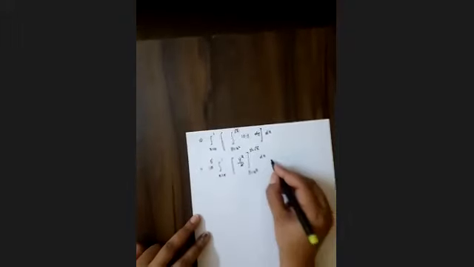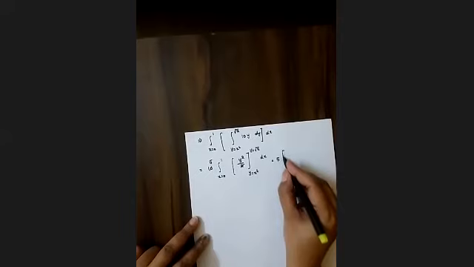Now these two and 10 can cancel to give 5 times. Substitute first in the place of y: root x whole square, minus, in the place of y, x square whole square.